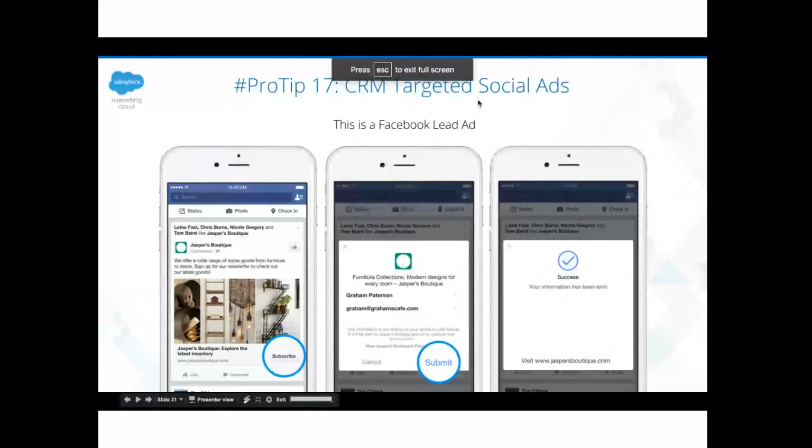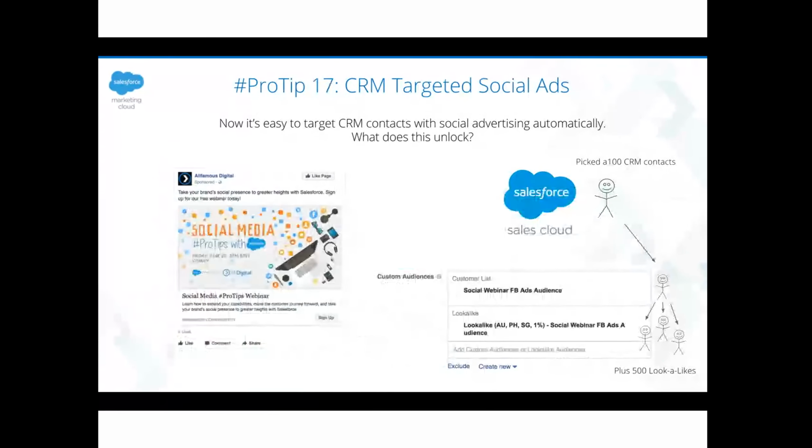Okay, we're back on. So pro tip number 17, CRM targeted social ads. This is what a Facebook lead ad looks like. It's different to other Facebook ads in that once you click subscribe, it keeps you within Facebook. It's got a little landing page pop up. It auto populates information for you. And then you just have to click submit. And that's it. That generates a lead which goes into your CRM. This is a really amazing development that Facebook released maybe a year ago, but it rocks my world. So if I can demonstrate it